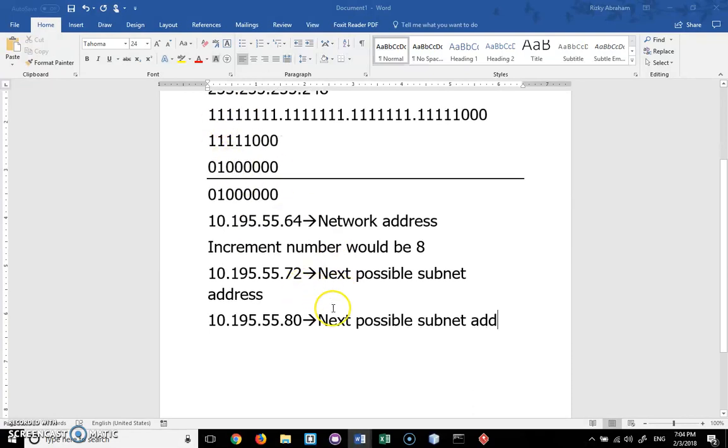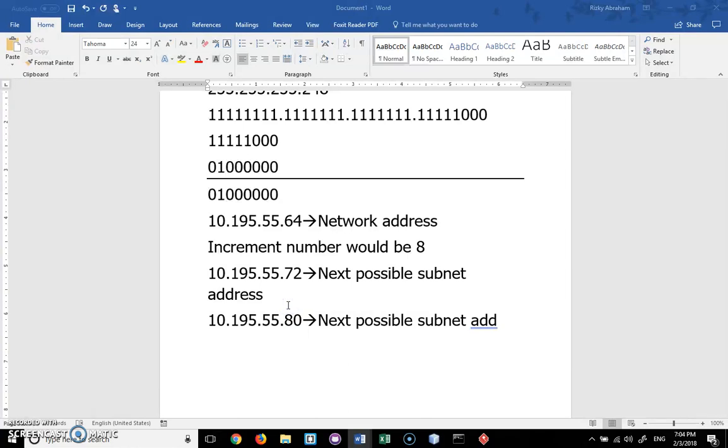And then if there's a question, what is the first possible host address? This is the subnet address, so the next possible host address will be 73, the next number right after the subnet address. And then the last number in this range, which is 79, would be the broadcast address,